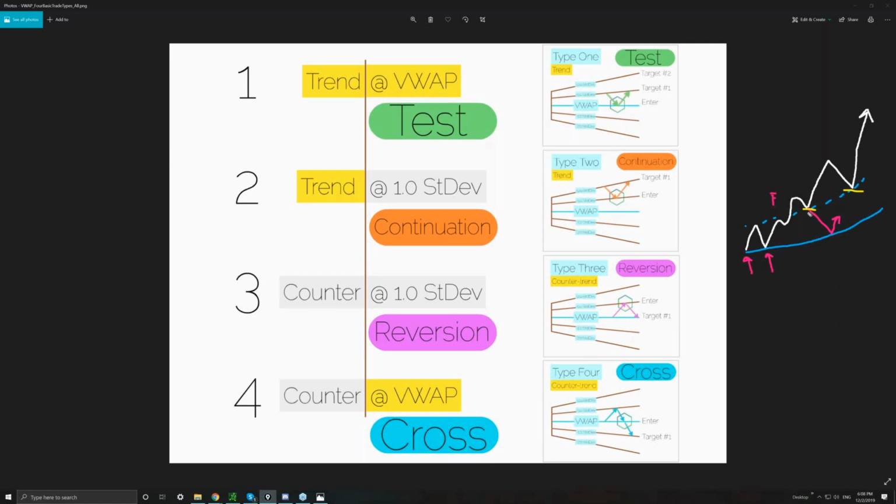You could think of the deviation band as like the new normal, the new VWAP support during an extended or heightened trend. Obviously, it's called a continuation trade because it's a continuation of an already established trend. A reversion trade, so the first of the two counter trend trades,